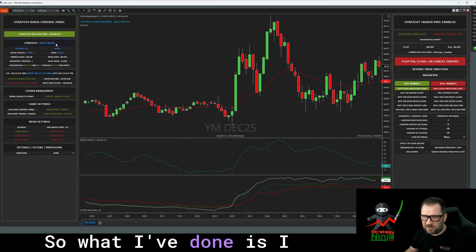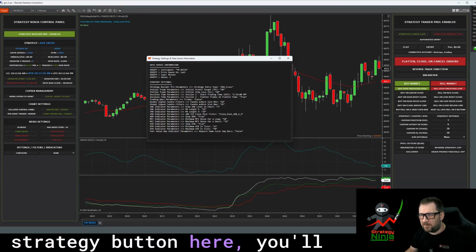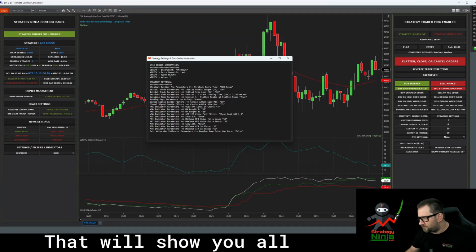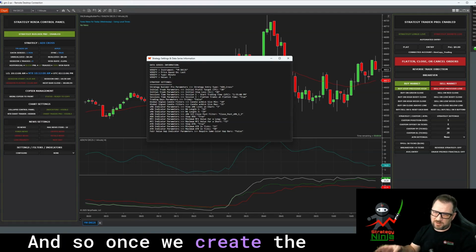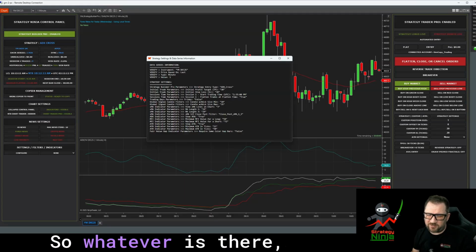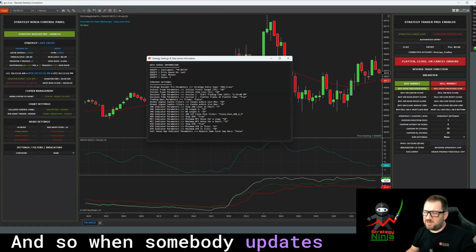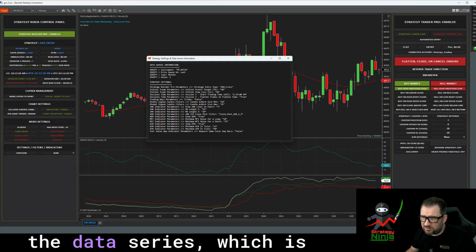So what I've done is I created an option here. If you press the strategy button here, you'll actually get this pop-up that will show you all the settings that haven't changed from default. And so once we create the builder, those settings will remain defaulted. Whatever is there, we're not going to change them over time. And so when somebody updates them, they'll pop up right here, and it'll show you the data series,